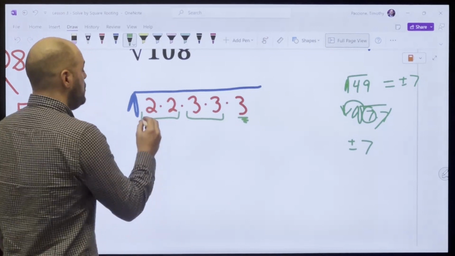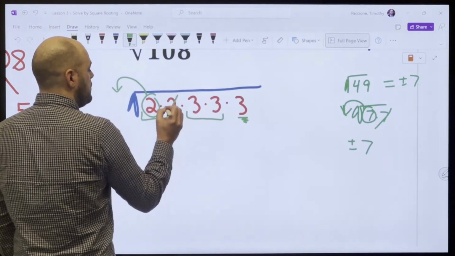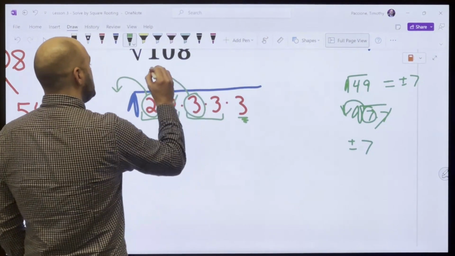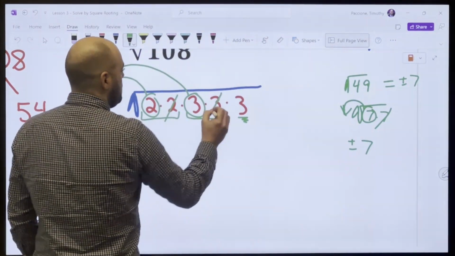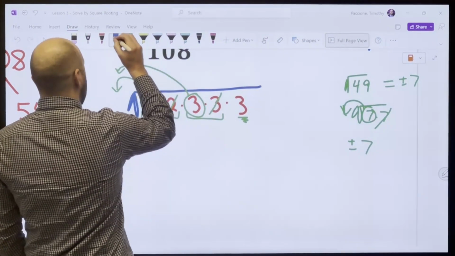Within each pair, one escapes to the outside, and one doesn't make it. So it goes away. One escapes to the outside, and one doesn't make it, right? And then whatever doesn't have a pair just stays. So on the outside, I end up with,